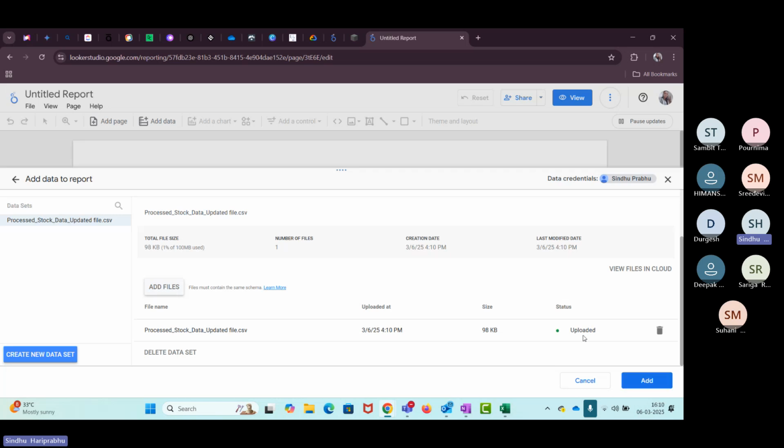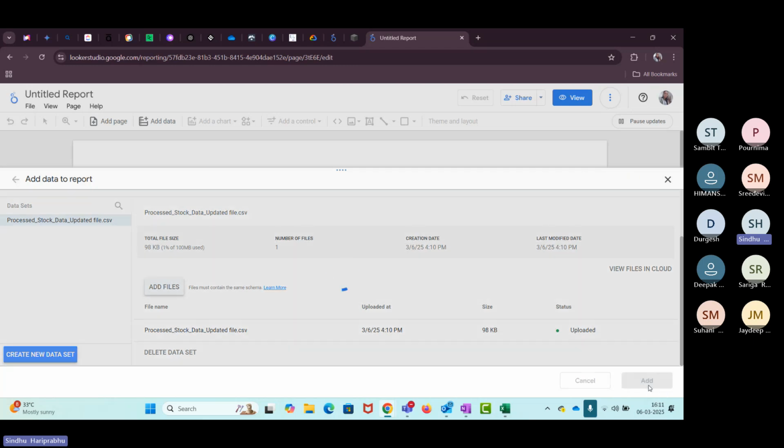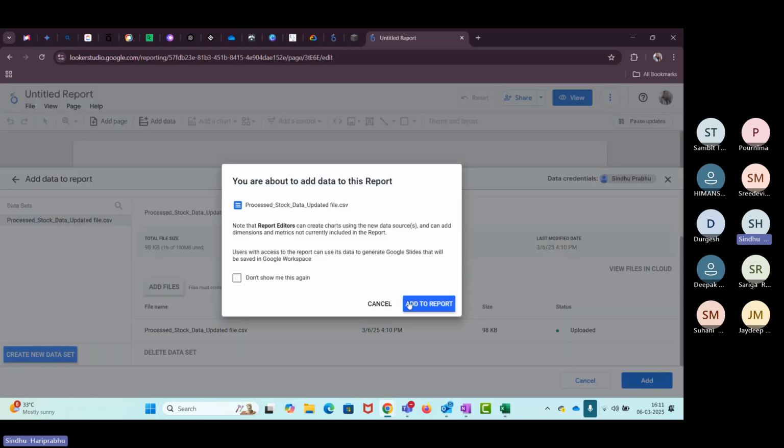Whenever you don't save the Excel file in CSV format, when you upload, it pops out an error and gives you a specific reason why the file is not uploaded. Now click on the add button, then click on add to report.